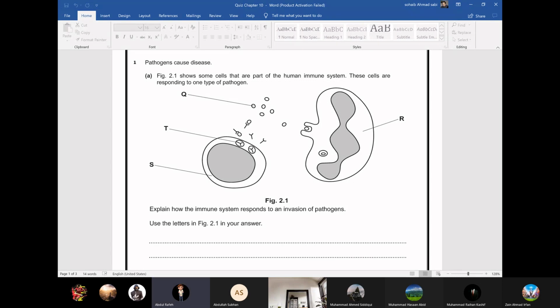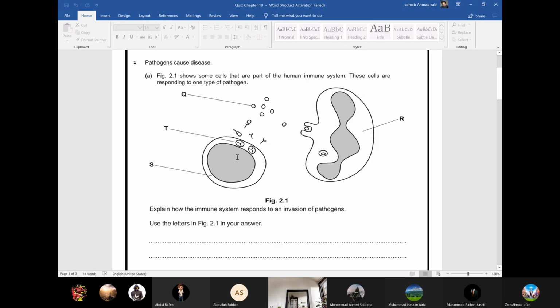This is not the answer. Listen, boys, everyone. S is lymphocyte and R is phagocyte. But the reason I told you guys, how to differentiate which one is lymphocyte and which one is phagocyte, what you see is that the lymphocyte will always have